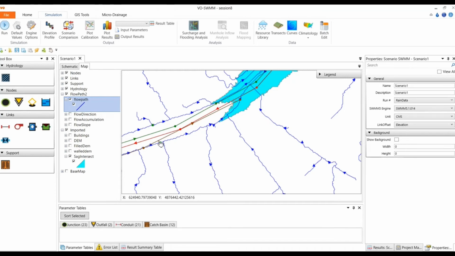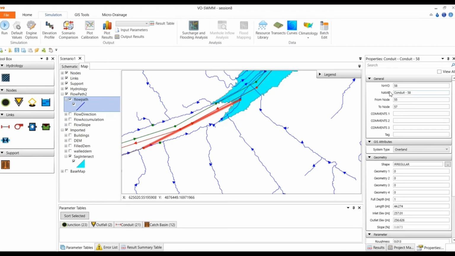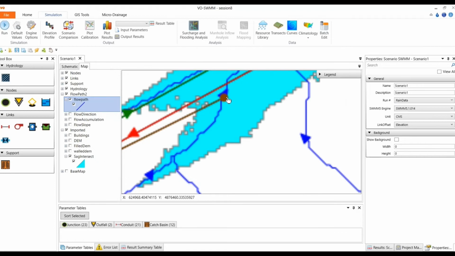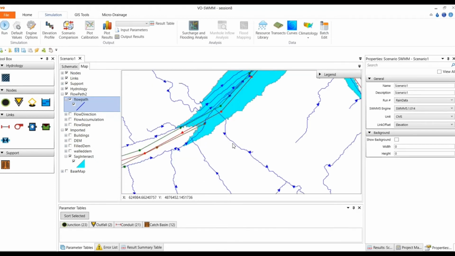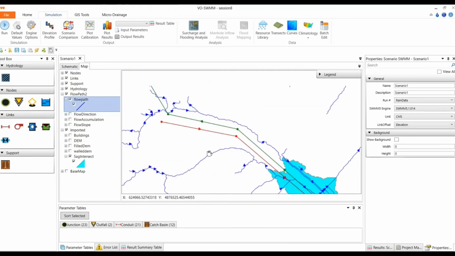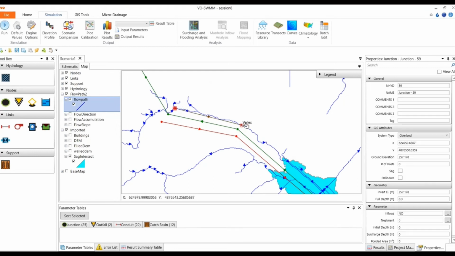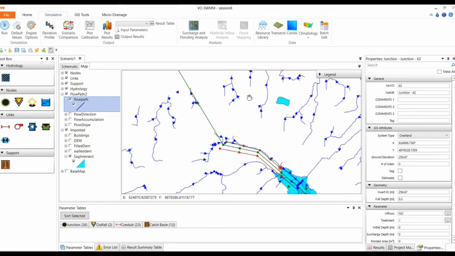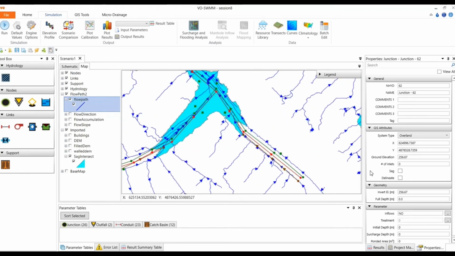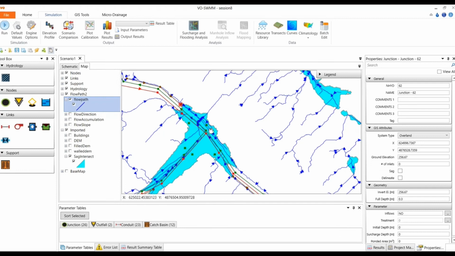Just going to make sure that it is from 55 to 57. And that was 57. Perfect. All right. So this is also the second branch of my area. The third one is here. I will add the junctions. This is the first one. This is the second one. And I'm going to put one here as well. The third one. So I created the overland nodes of these three branches, and I need to create one also here, but here